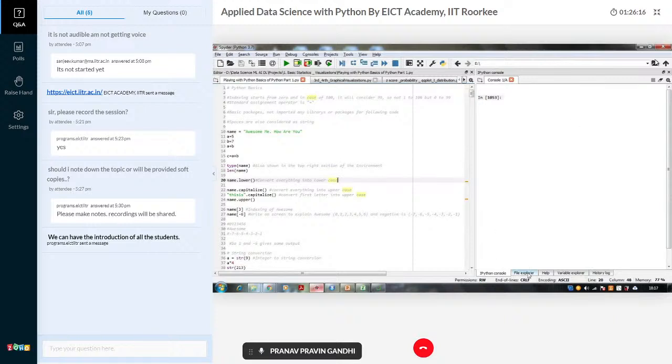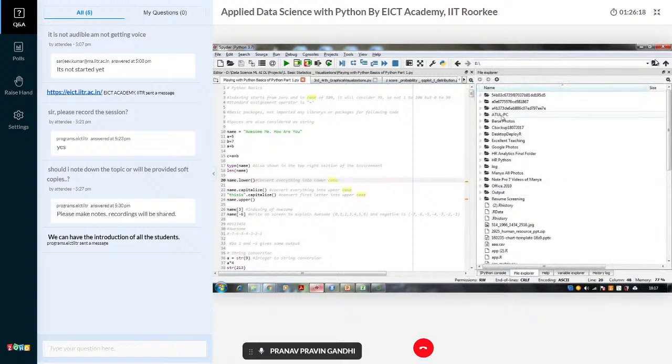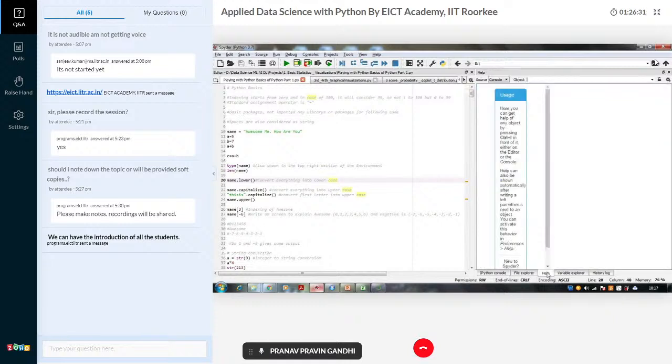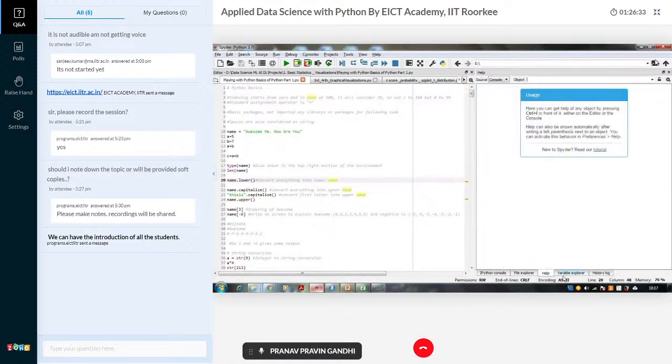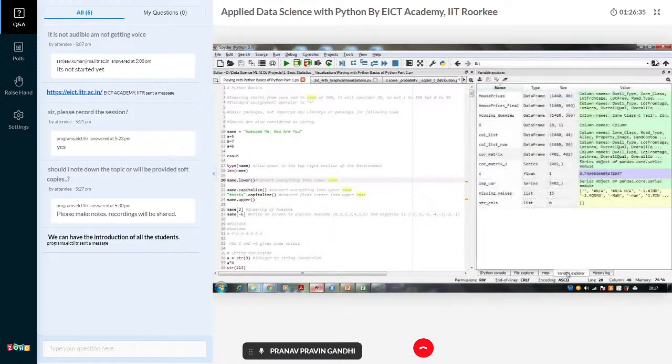Okay, this is the File Explorer. It gives you the information from your drives, whatever files are stored at what location, etc. If you want any help, you can use this tab. Okay, this is what a variable explorer is about. Whatever variables I am declaring, so let me clear this. When you open it for the first time,